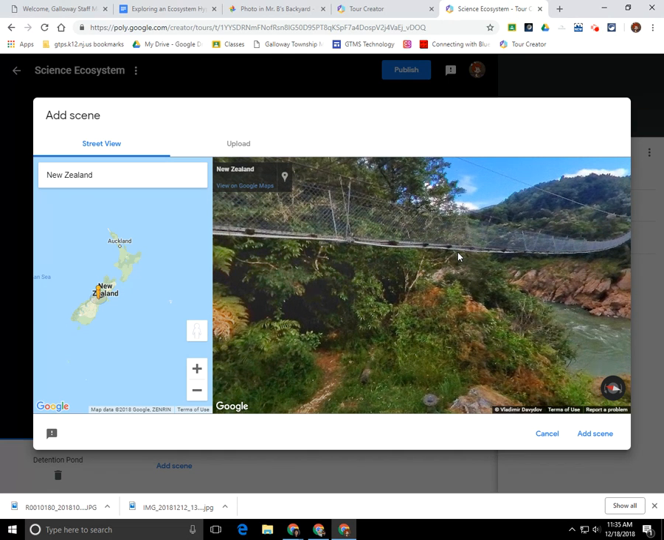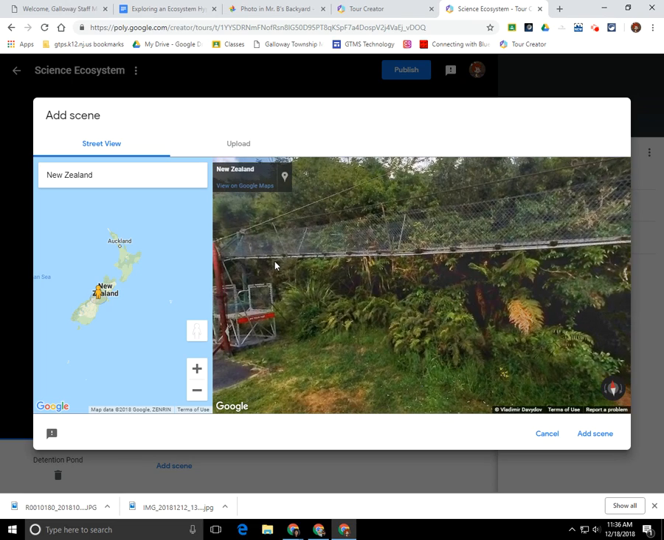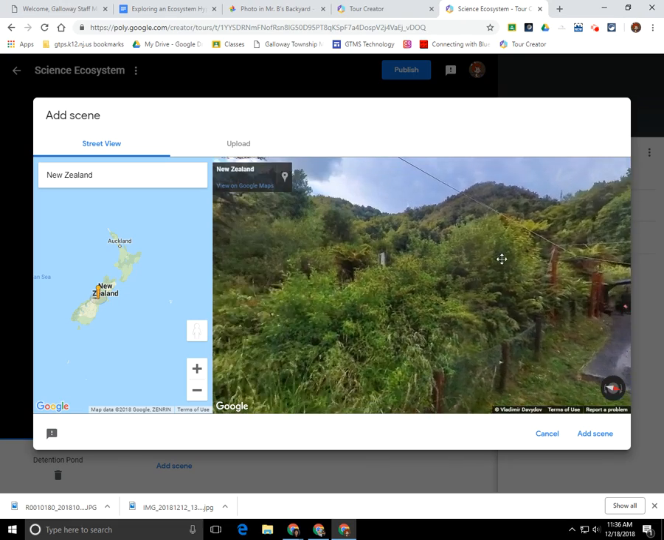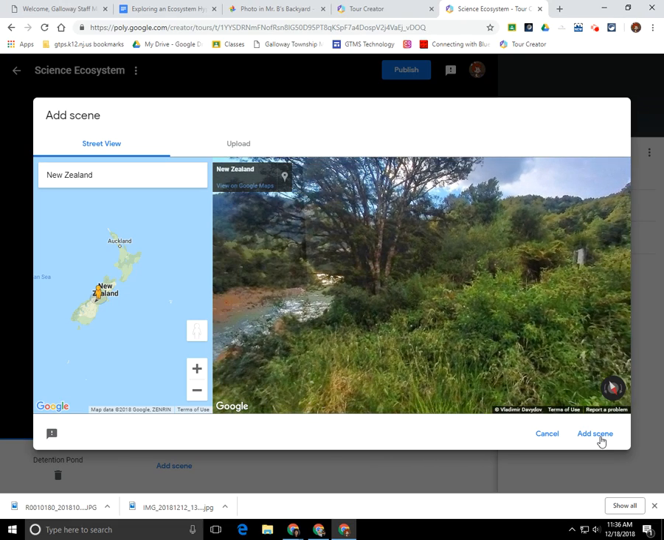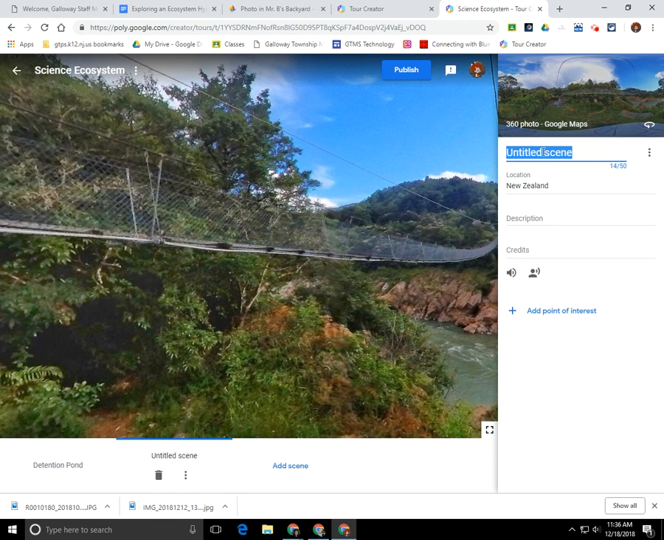So you need to find a 360-degree image in Google Street View that will support your environment for your species. And once you do, you can pan through it and click Add Scene. At this point, you need to add the scene